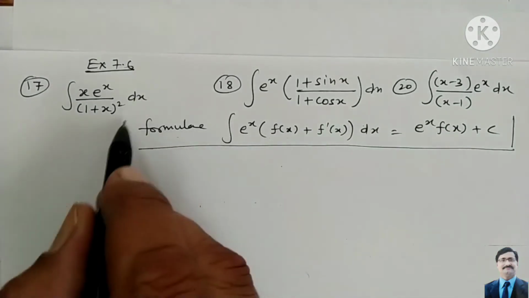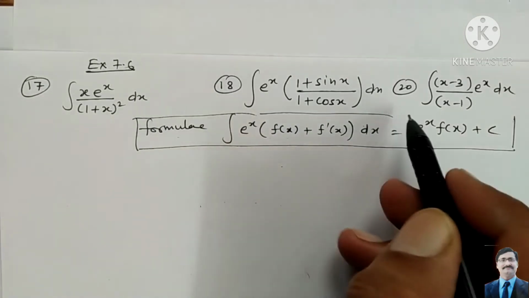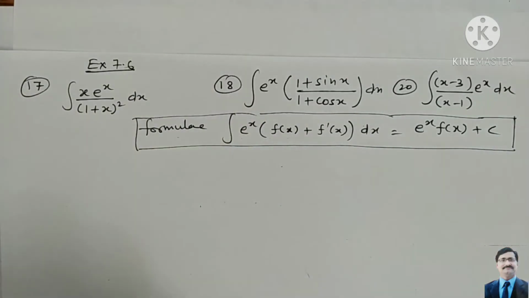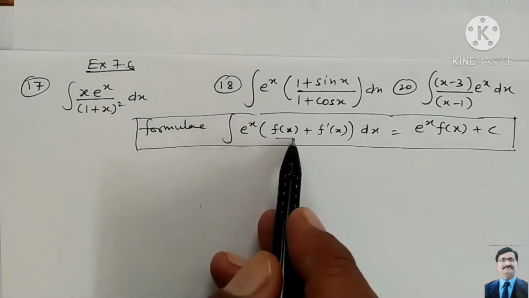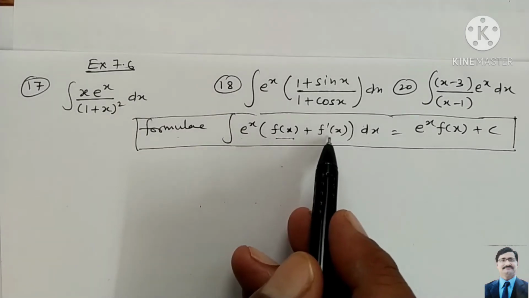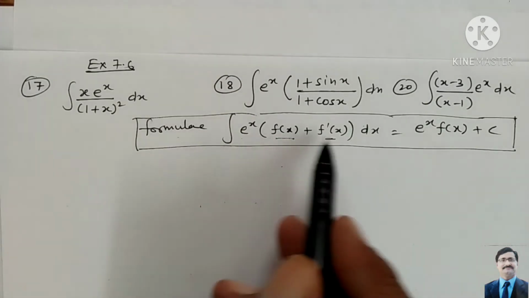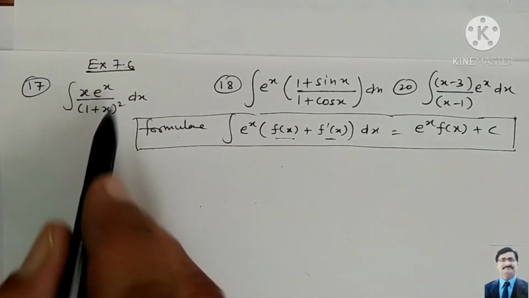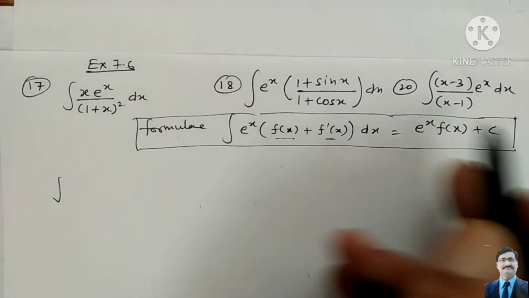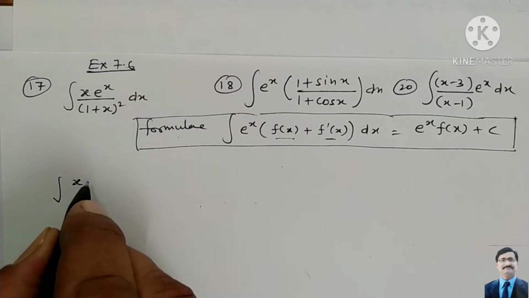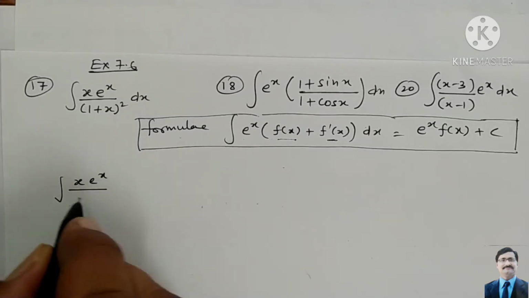How do we identify that we have to use this formula here? The first thing is e^x. Okay, and second, a function is given and we will add the differential of this function, then we will use this formula. So look at this first question directly. In these three questions we cannot see it directly. Look here how we can do this question.